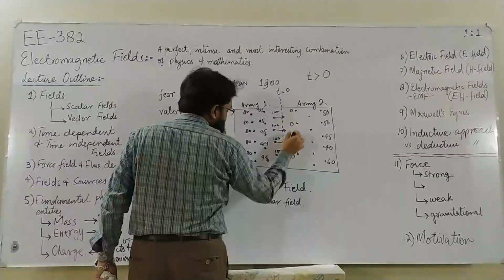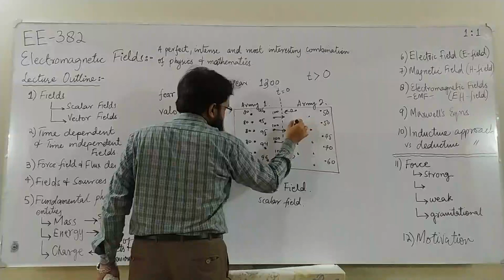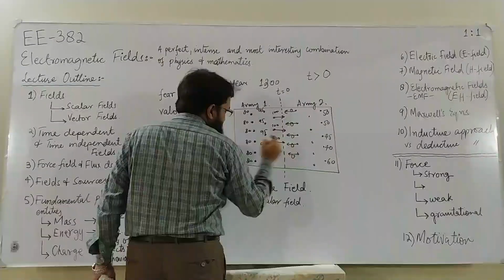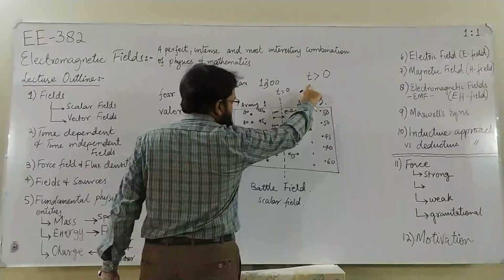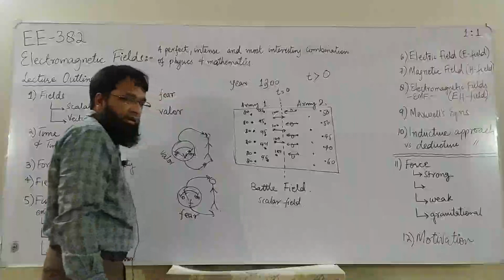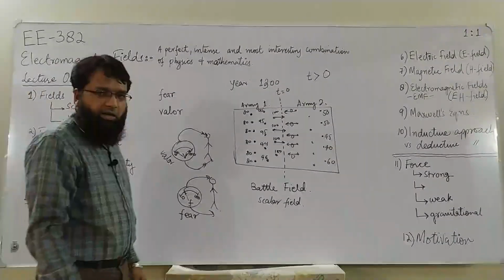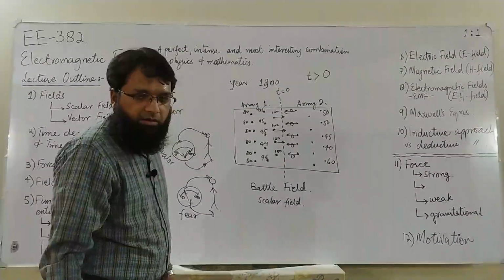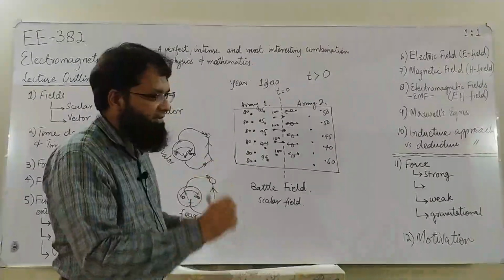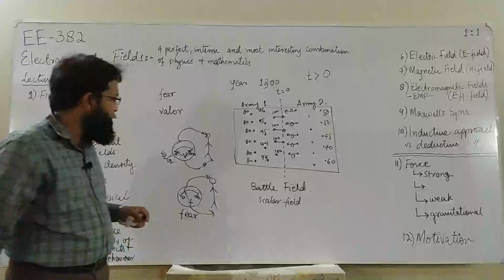Okay, this is what happens. So now after the battle starts, if we are interested in knowing the velocity of each and every soldier, in which direction and with how much speed that soldier is moving,